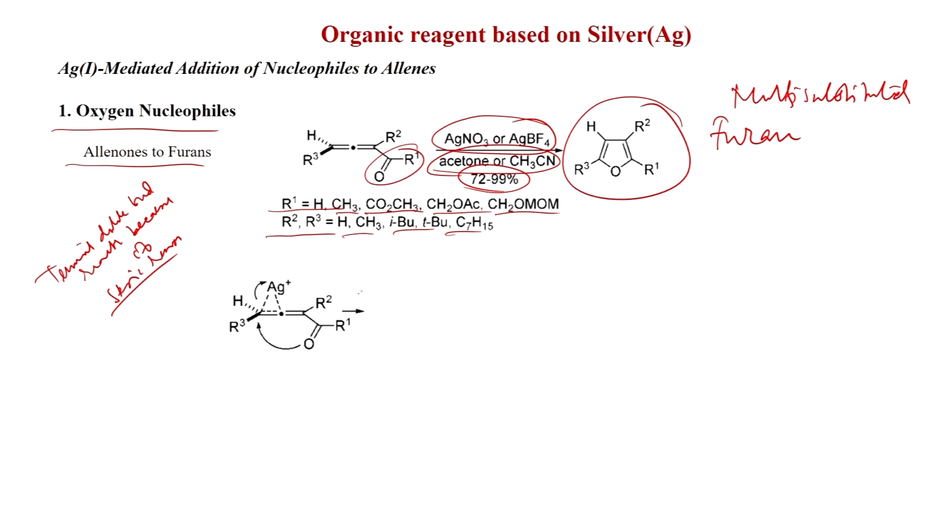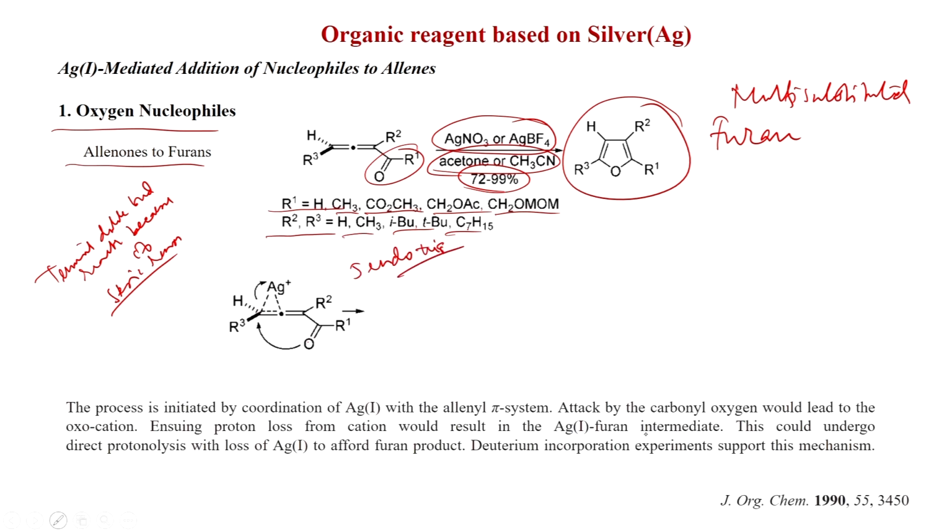So, 5-endo-trig is happening, and the process is initiated by coordination of silver ion with the allenic pi system. Attack by the carbonyl oxygen will lead to the oxocation. So, this is the oxocation,